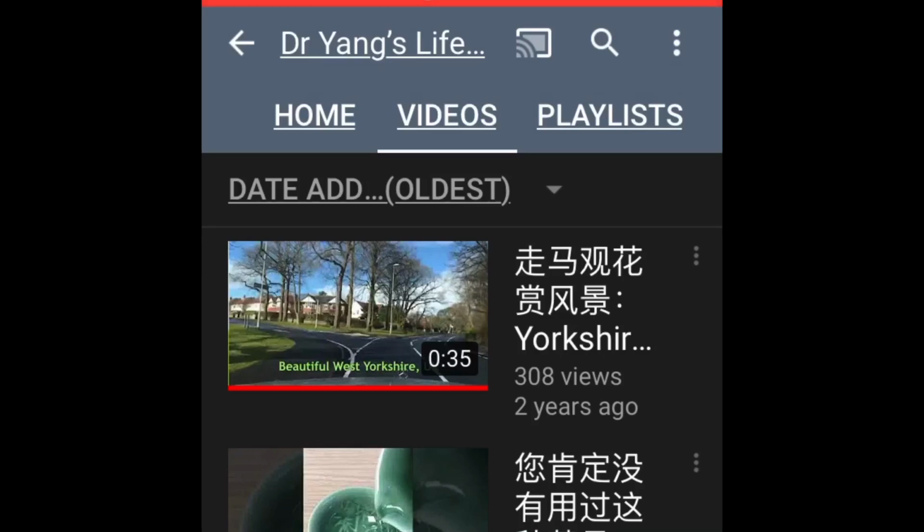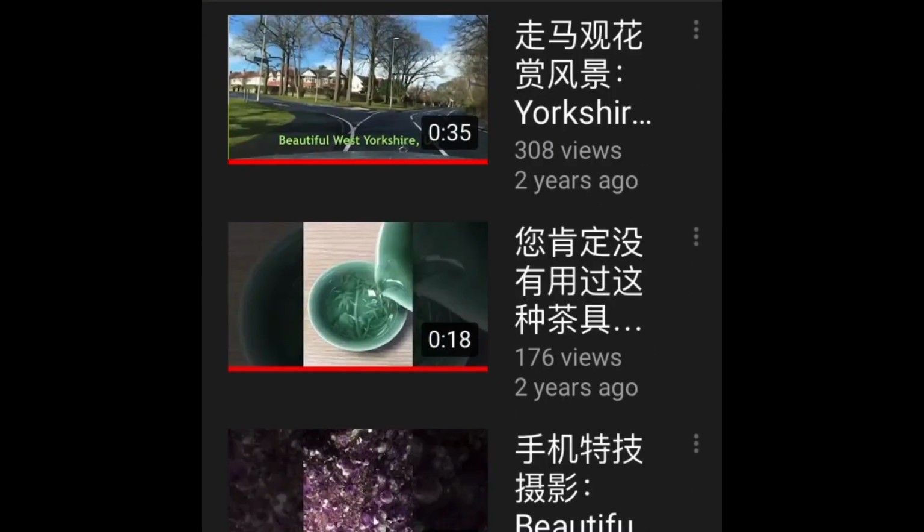For example, if you look at my video list, you need to make sure your thumbnail can be clearly viewed, with the details visible on a small mobile phone. If people view your video on an iPad or on a television, that's fine because that's much bigger. But when people look at your video list or playlist, the thumbnail is much smaller. So that's why you need to make sure your thumbnail is clear enough